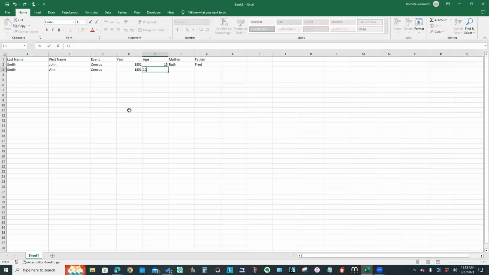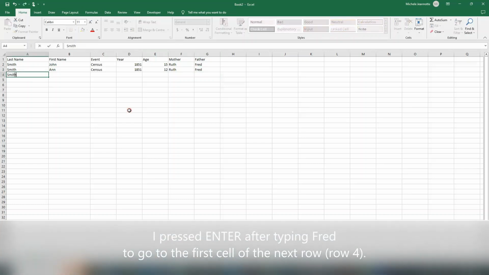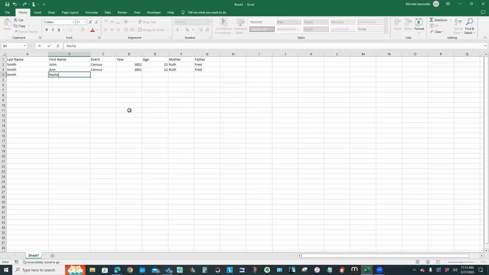Age will be 12. And we'll say, yeah, mother's the same. All I had to do was type R, tab, and Fred. So let's say there's another Smith family. This will be Rachel, census, 1851, 30, and this will be Jane and John. Whoops, Jane and John. So